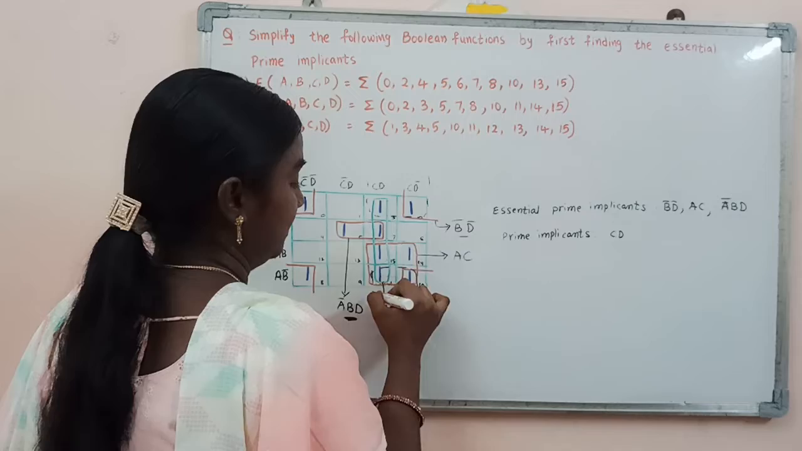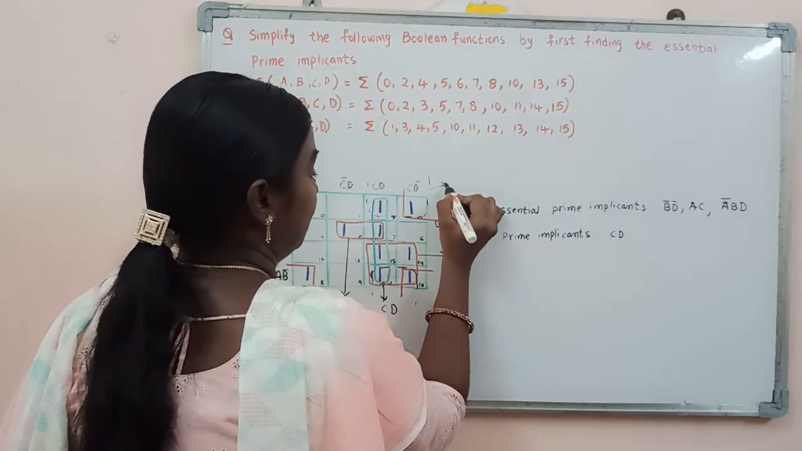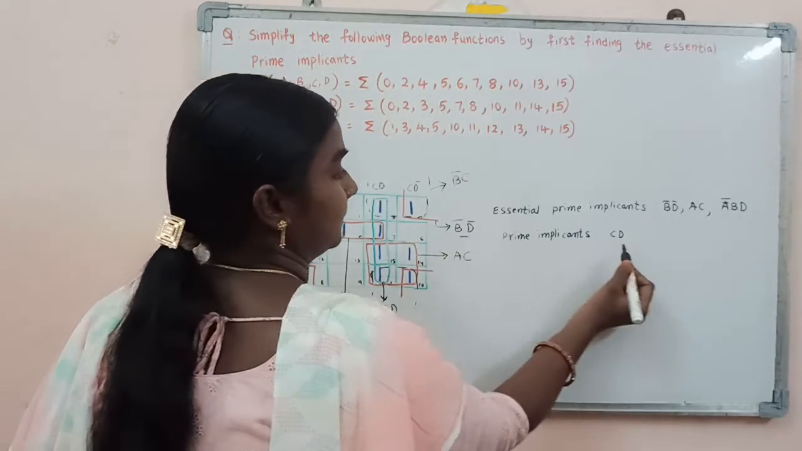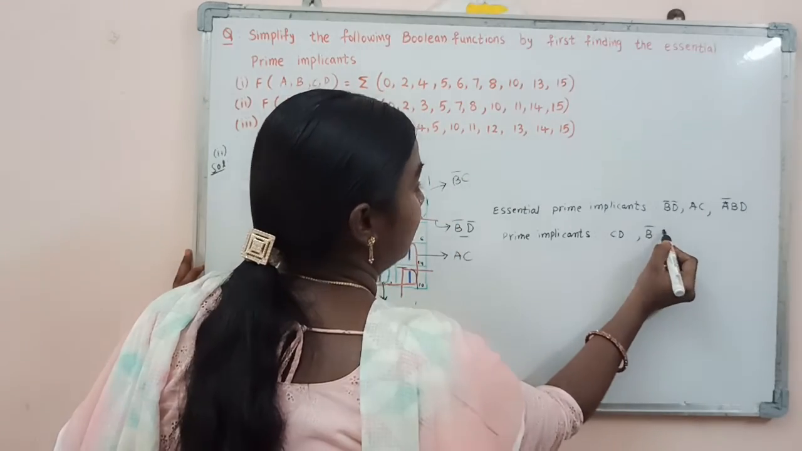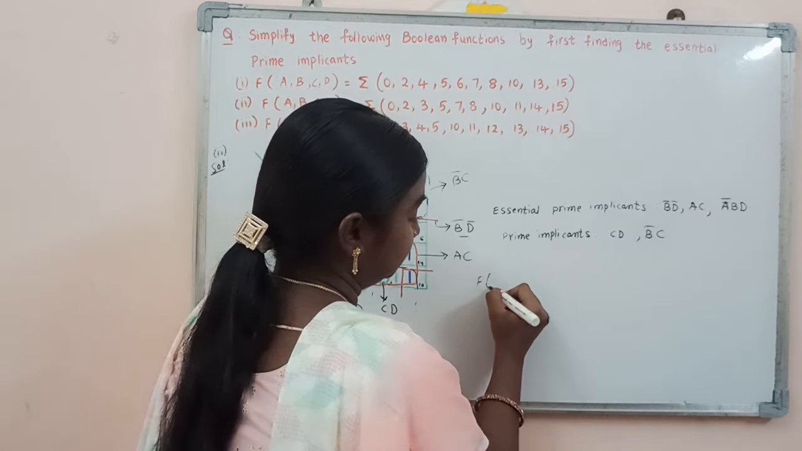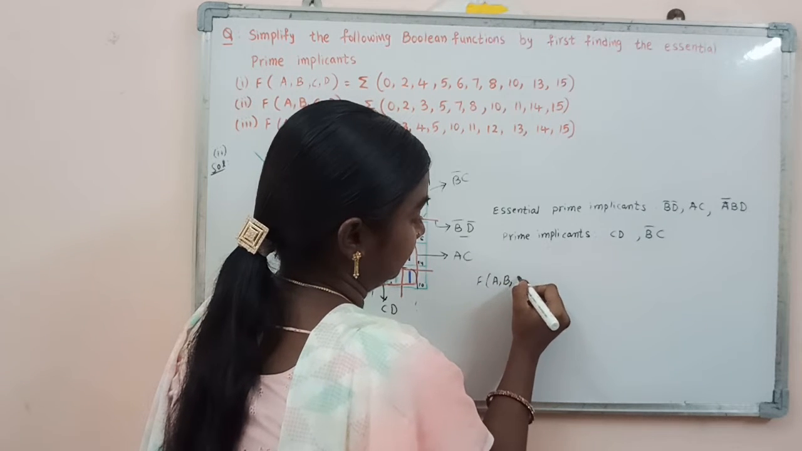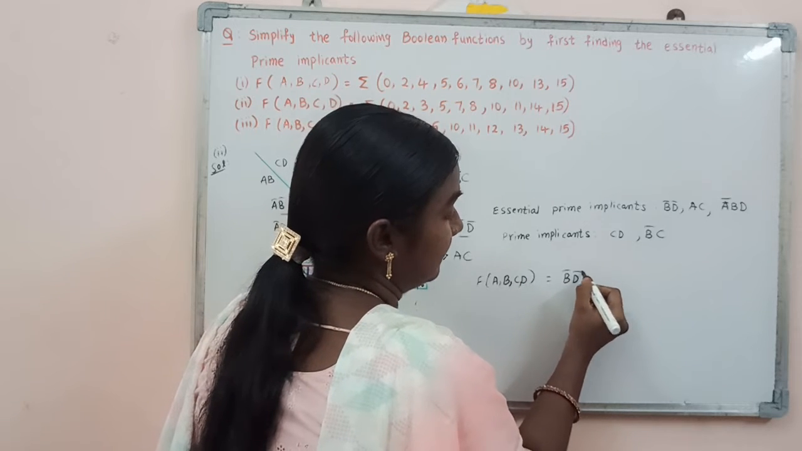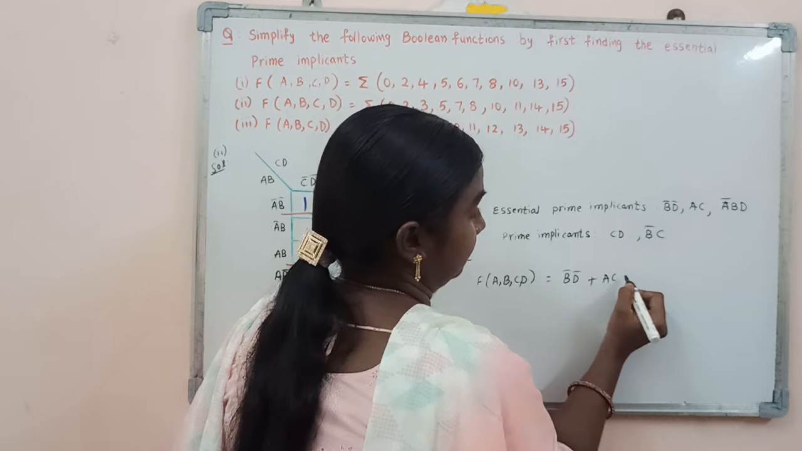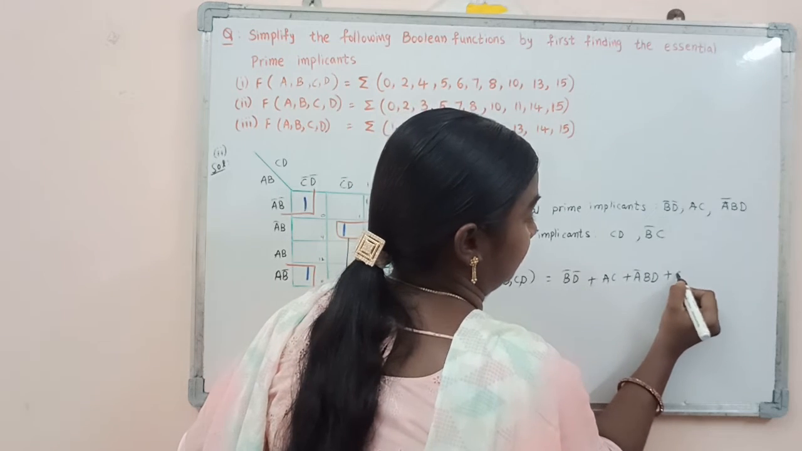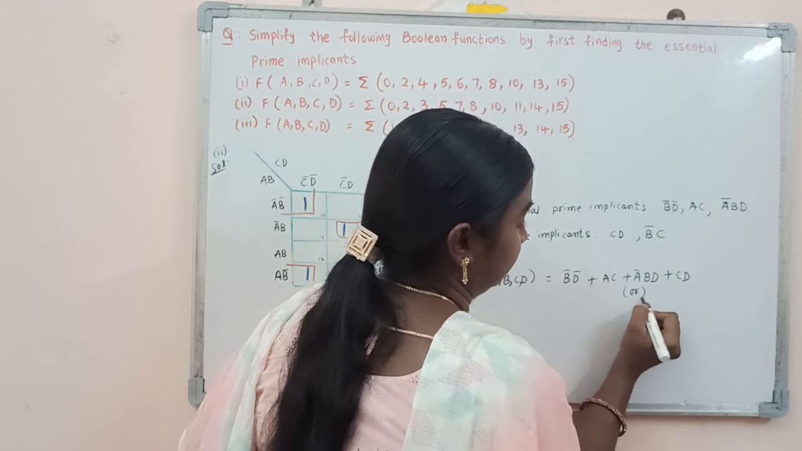By considering 4 ones, the prime implicant can be B bar C. So the simplified function can be B bar C, B bar D bar, or